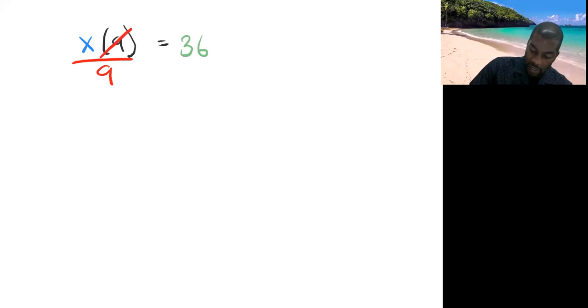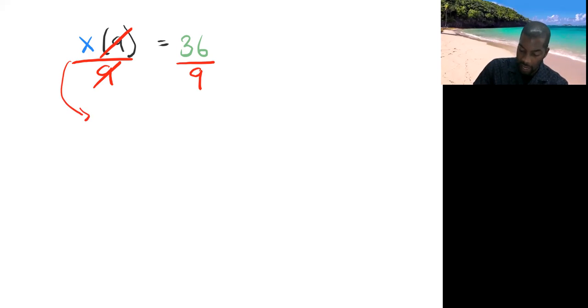9 divided by 9 is 1. What I do to one side of the equation, I must do to the other to keep balance. So now this becomes, in reality, x times 1 over 1. How did it become a 1 over 1? 9 divided by 9 is 1. So really it's not 1 over 1. What it really is, x times